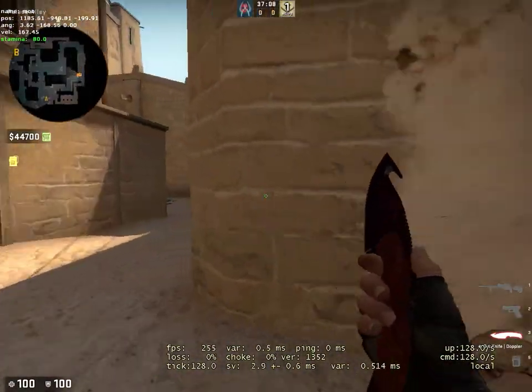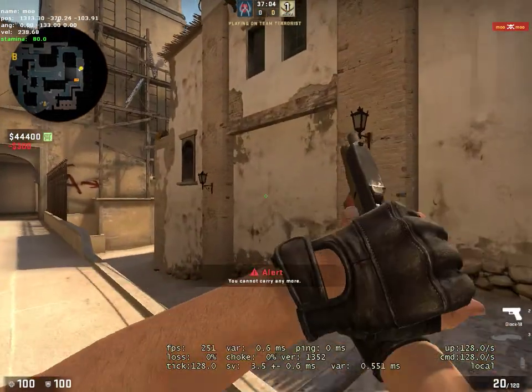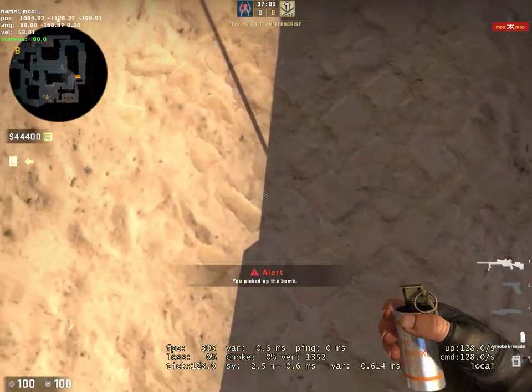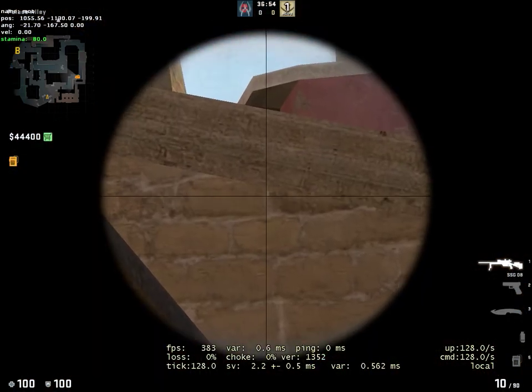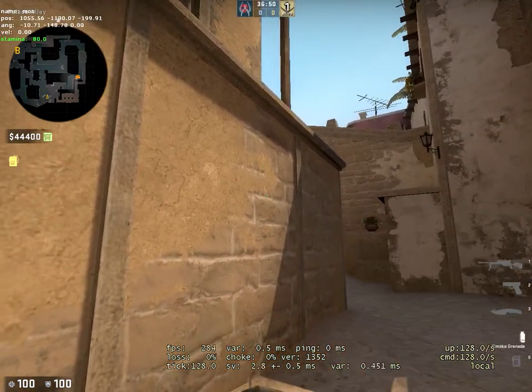let me actually kill myself here so I can get a smoke. What you want to do is get in this position. I showed you the first lineup. For the second lineup, you aim in the middle of this white bit, and then you jump throw. And for the third one, you aim like,